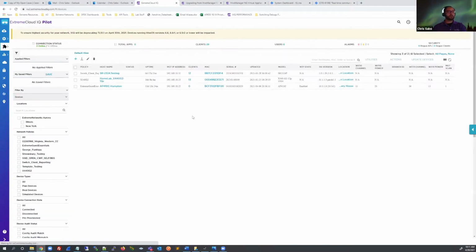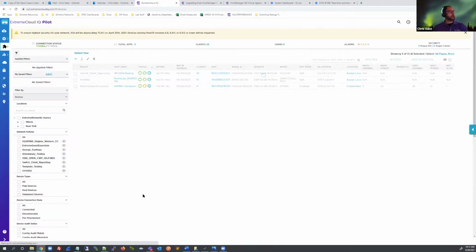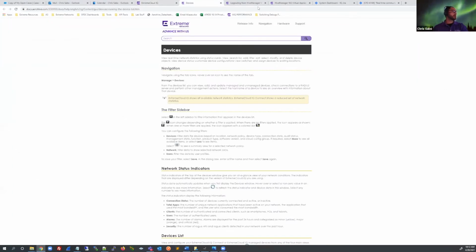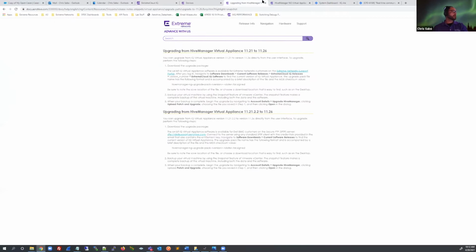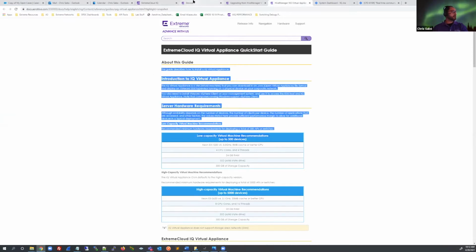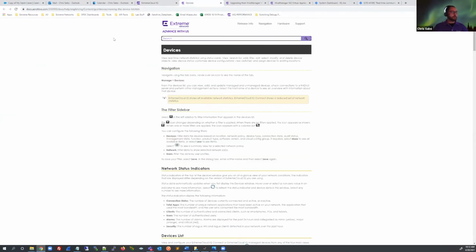So here's how you get to it from the cloud solution. I don't have an on-prem that I can access at the moment, but there's the question mark in the lower left-hand corner. Depending on what section you are within XIQ or the IQVA, it'll open up the help file to that relevant section. As far as the search criteria I used for coming here, it's just